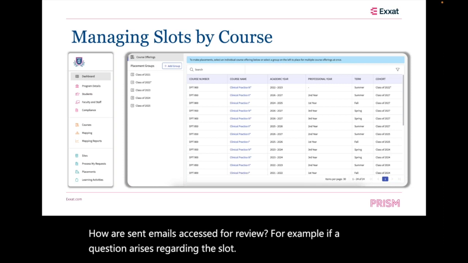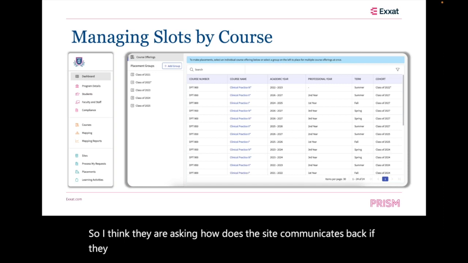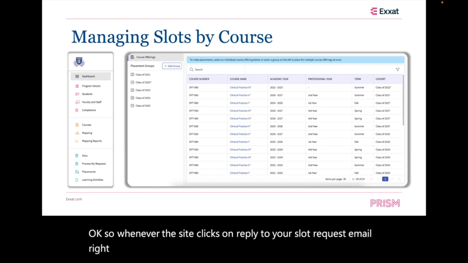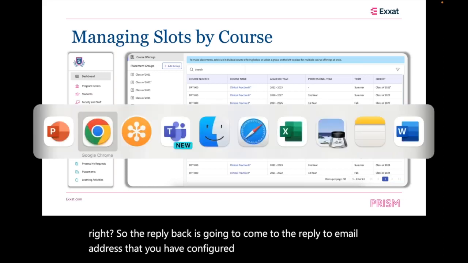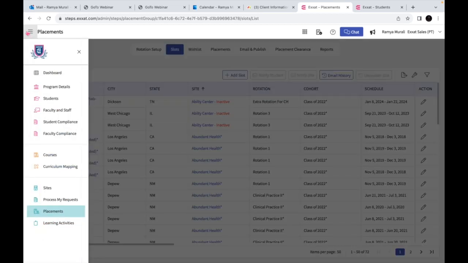So I think they are asking how the site communicates back if they have any questions regarding the slot that they are offering. Okay, so whenever the site clicks on reply to your slot request email, the reply is going to come to the reply-to email address that you have configured. So going back to the live system, I just wanted to quickly show that. So you go into the sites,